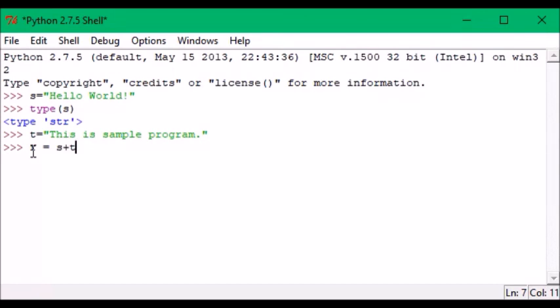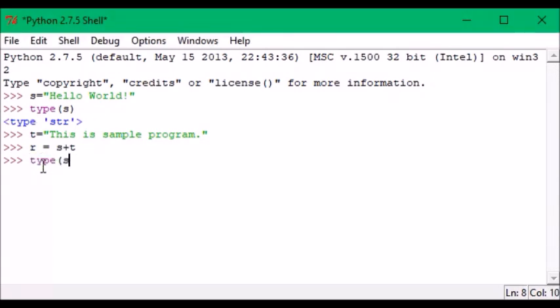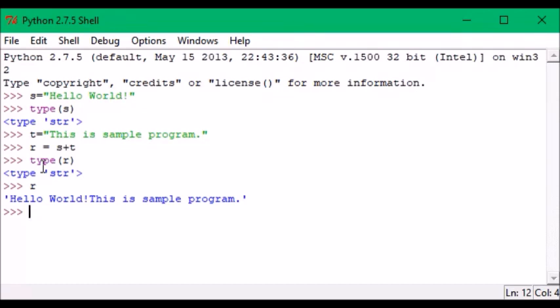But in C and C++ programs, when you do a string concatenation, it takes around 10 to 15 lines of code. Now just find r. What is r? r must be a string, because concatenation of two strings must be a string. If I want to find the new string r, you just type r and hit enter.